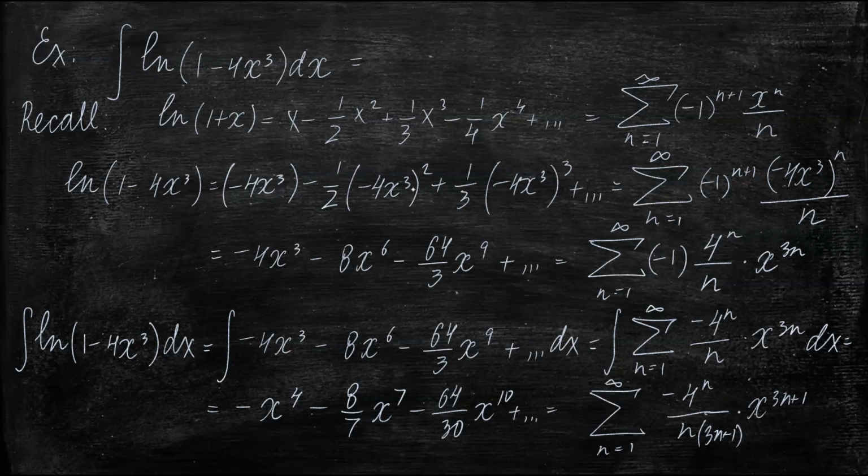So we didn't find the function because there is no function that can be written in closed form that is an antiderivative of the original function, but we did find its power series representation. So if this was a definite integral, then we could have found this definite integral. So for example, let's just make it an integral from 0 to 1,